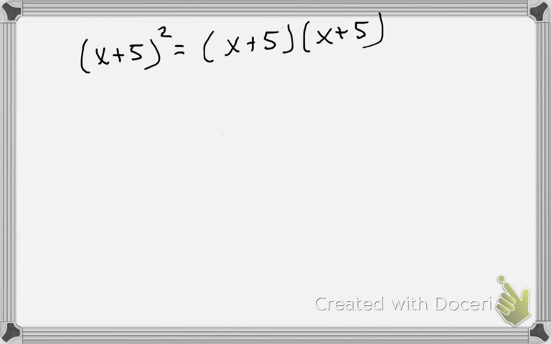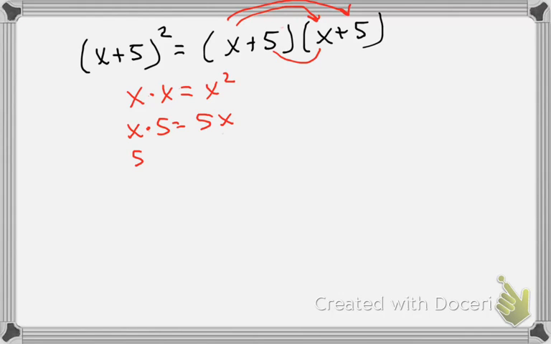So you take the first one and you multiply it to the other first one. So x times x is x squared. Then x times 5 is 5x. Then 5 times x is 5x. Then 5 times 5